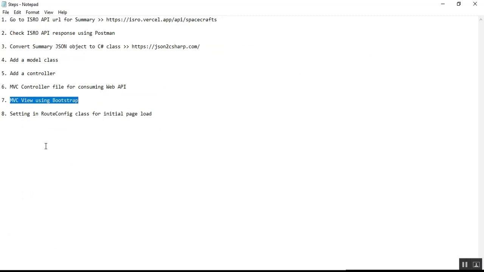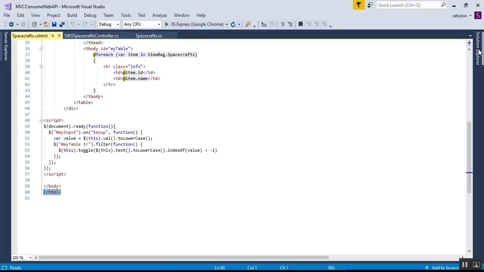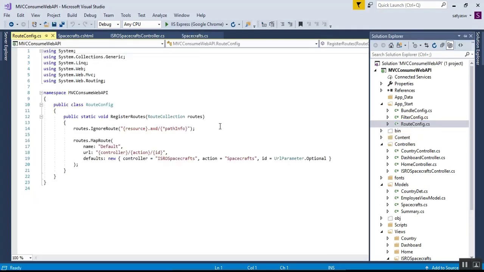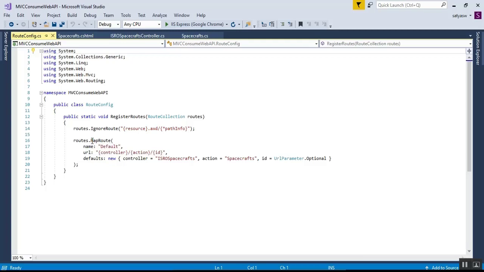So guys, next one is setting in the route config class for the initial page load. Here you remember, when our page loads in MVC, we need to set a start page. So we'll do it in the RouteConfig.cs file, here in the routes.MapRoute